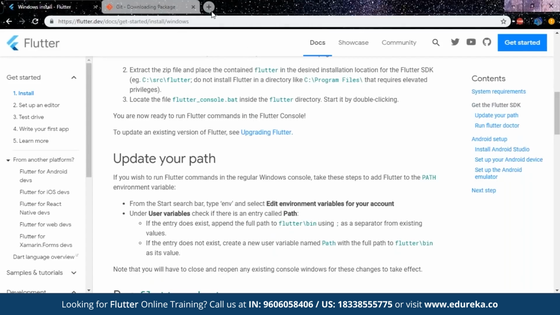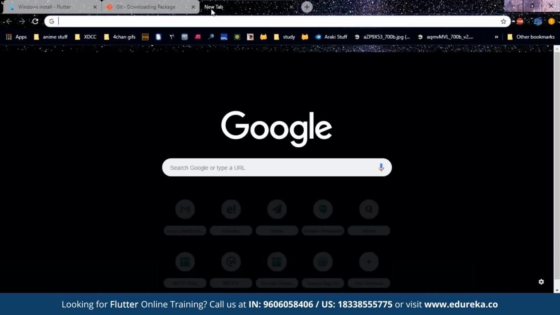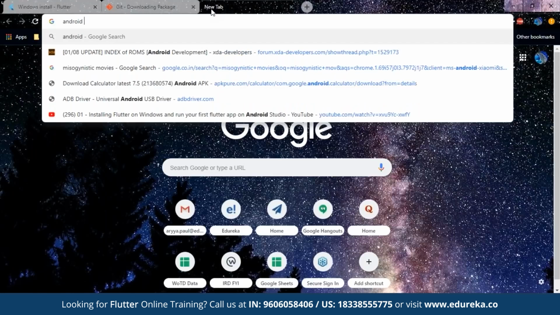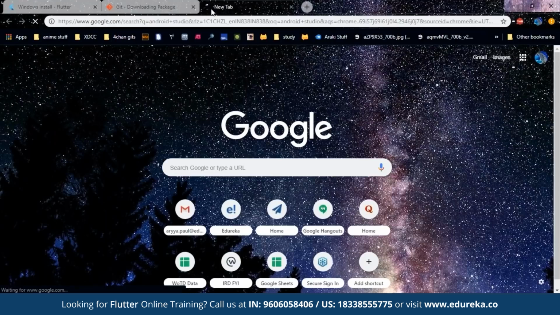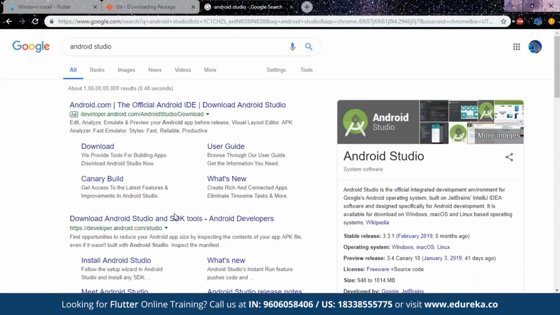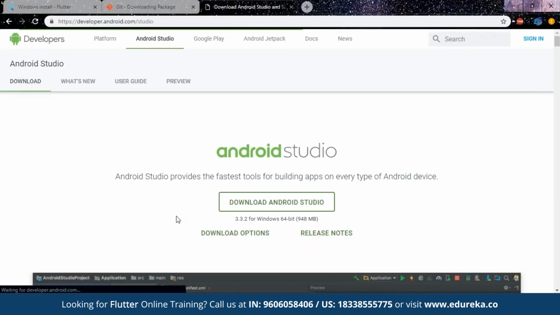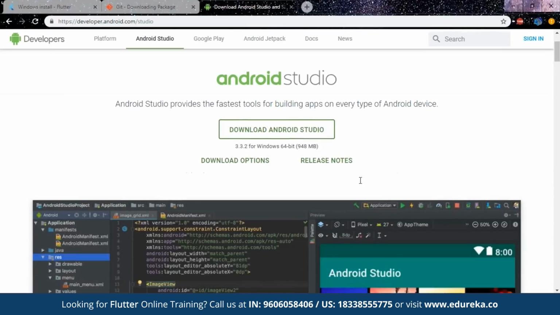Now on the IDE side of things, I would recommend that you download Android Studio on your system. Downloading Android Studio is pretty simple. If you have some trouble downloading Android Studio, you can look at my Appium installation video, because during the Appium installation we also install Android Studio. But just in case you don't feel like watching a new video for this, all you have to do is go to